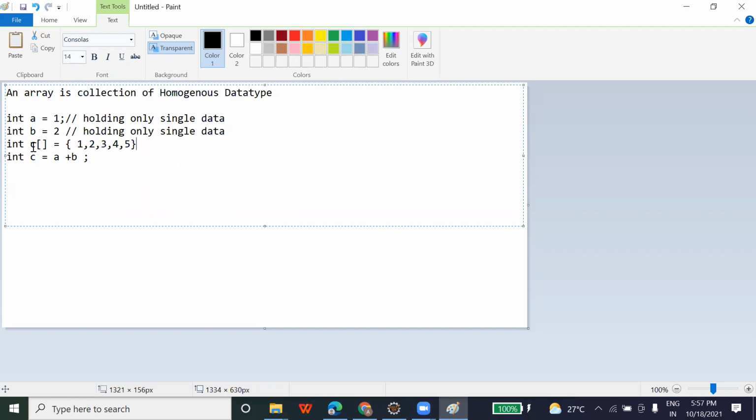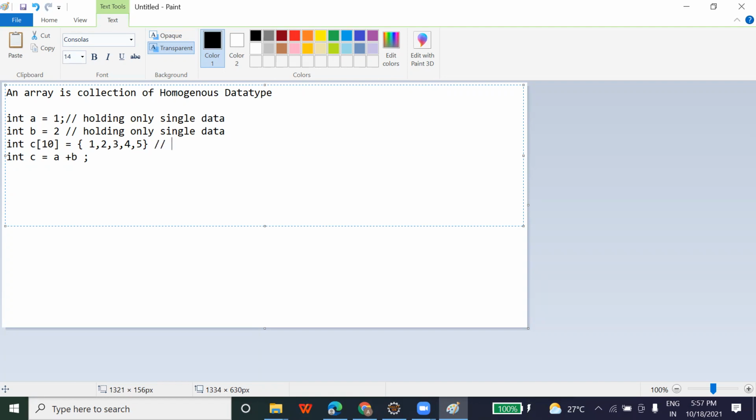Here c is an array of integer type, and in this subscript, the square bracket, I pass a value that will be the limit of this array, that is how many elements it can save. This is the size of an array.